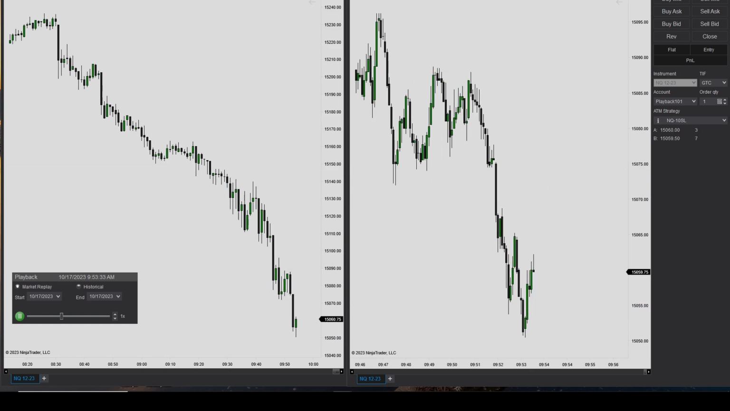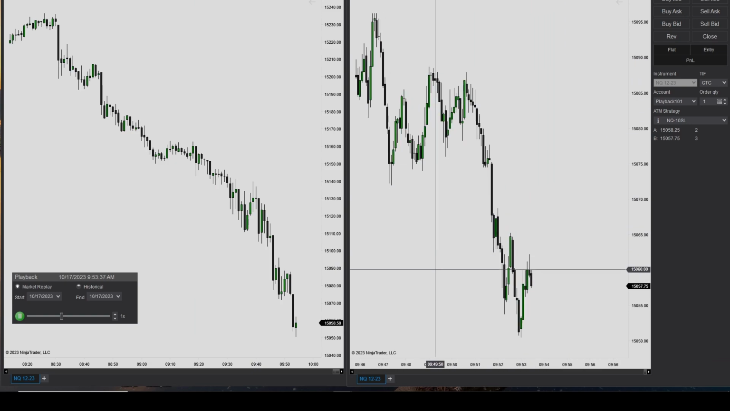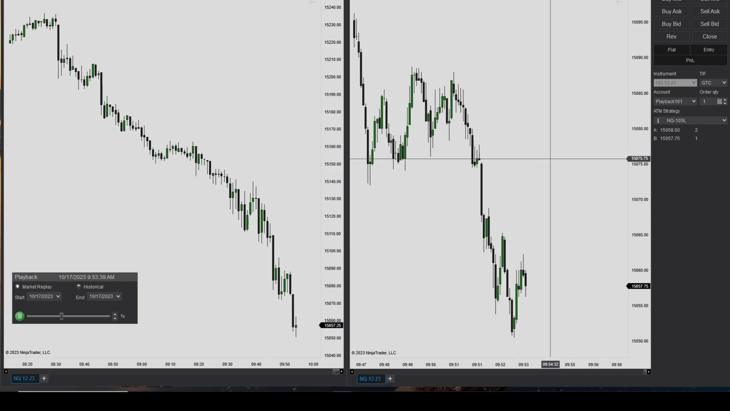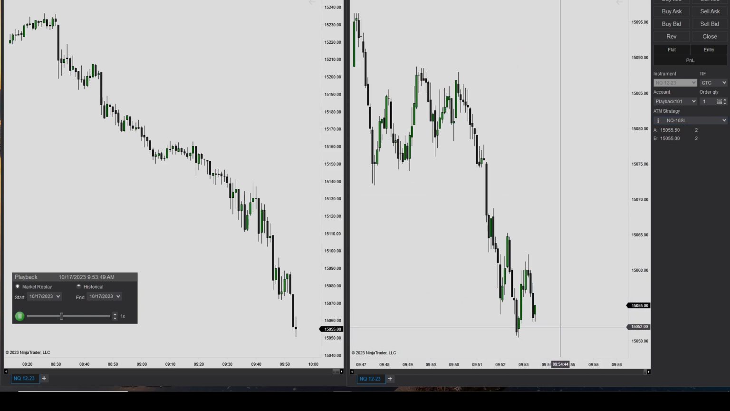So over here we have an imbalance right here. We have some liquidity, and then I have an automatic limit bracket order set up. It's just a 10 point stop loss, 10 point take profit. So right now we're in a little retracement. I'm expecting a retracement back up to here,